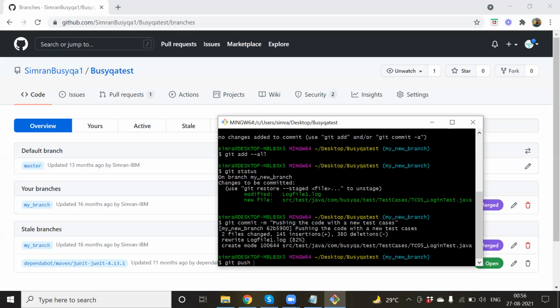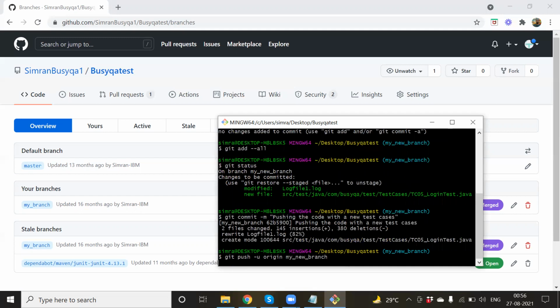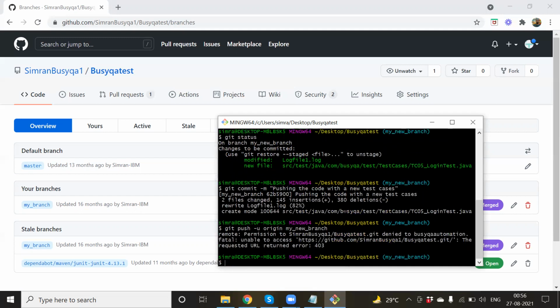Git push -u origin. Now I won't be pushing it to the master. I want to push it to my new branch. Okay, my new branch. Let's see. Okay, there is an issue here. It is saying unable to access this. Now the problem is,